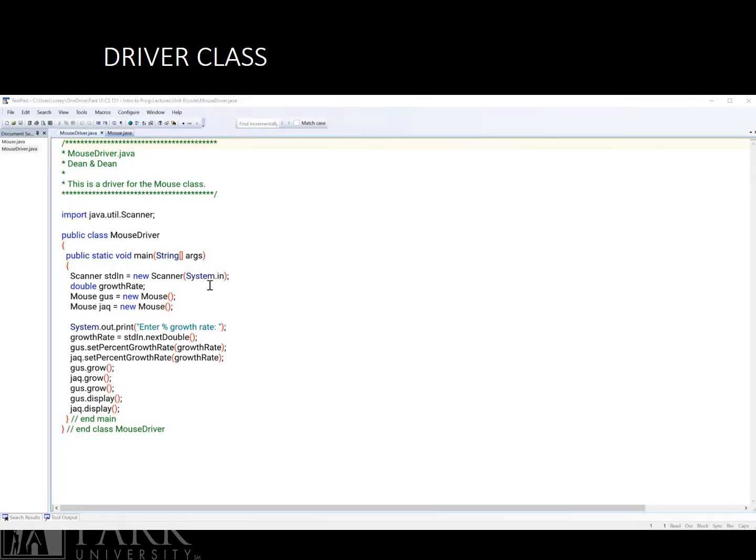Here we have the mouse driver class that I alluded to earlier. You can see here we're getting some user input, because we're using the scanner class, and then we're specifying a growth rate variable, and we're also instantiating two mice called Gus and Jacques. We're going to enter a percent growth rate, because it's a double, and then we're going to take that growth rate and set each of the mice's growth rate to whatever we input. And then we're going to grow the mice. We're going to grow Gus twice and Jacques once,